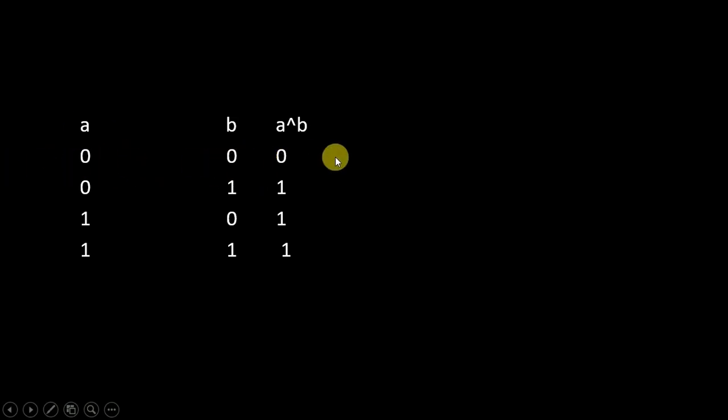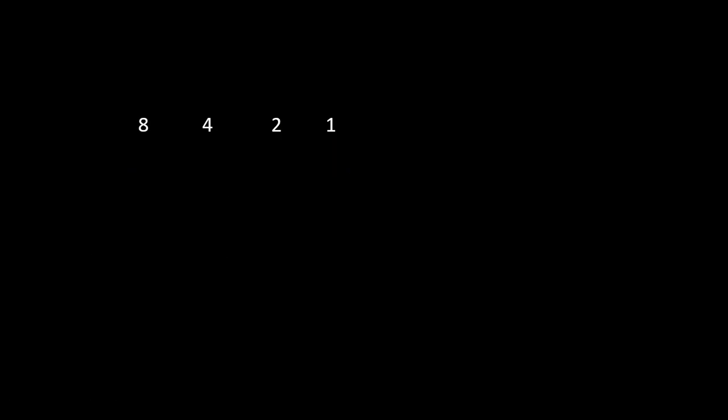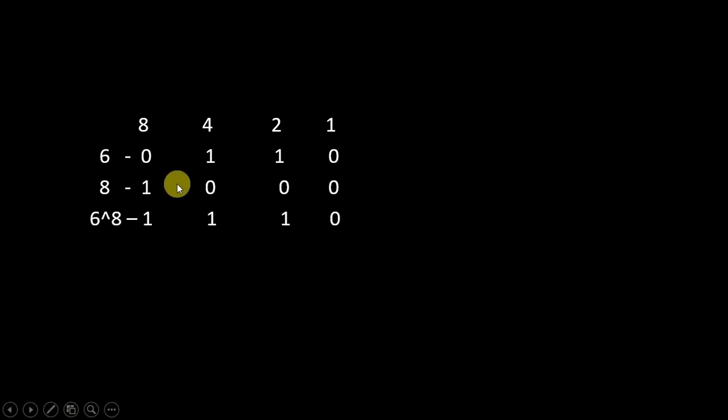Now we'll see the question. Here we have 8 4 2 1. We are assigning the values. For 6, we'll assign 4 and 2, because 6 is 4 plus 2. For 8, we have only a single digit 1, and then now we'll perform the XOR, exclusive OR function in this. So if you see, what we have done is 0 1 1, 1 0 1, 1 0 1, and 0 0 0. So from this you can see that 8 plus 4 plus 2 will be 14.